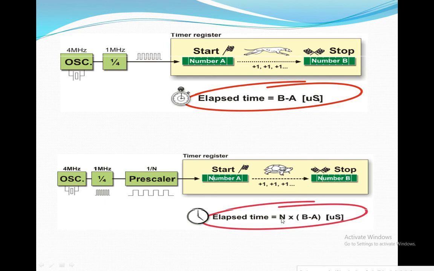So we are reducing the frequency of the oscillator internally for increasing the delay time. Okay, so these two options, I hope you will understand this. Okay, you got this particular diagram for timer and counters.